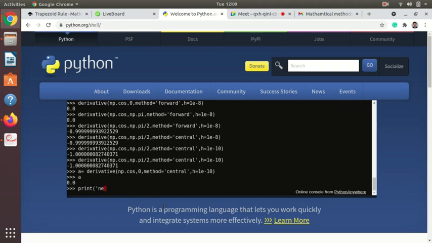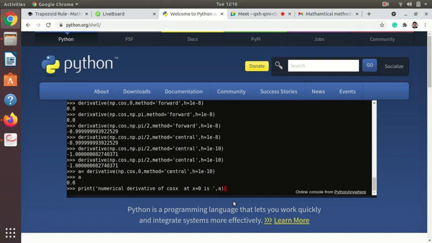I have to write numerical derivative of cos at x equal to 0. Okay, though we have not written here anywhere x, still this is for us. This will just be printed because it is in inverted comma. Okay, is numerical derivative of cos, or you can also write cos x at x equal to 0 is, remember to complete the inverted comma, and then you have to give a comma and then write a and then complete the bracket.